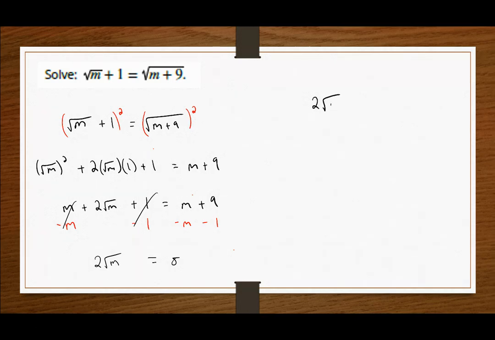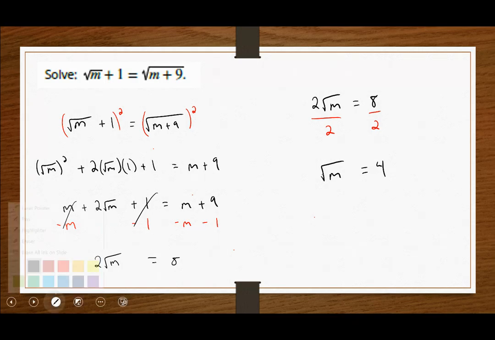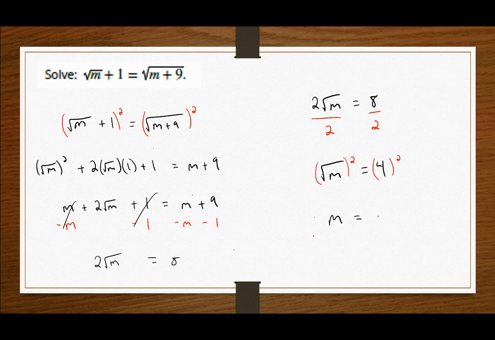When we get to this step, we're not quite finished isolating because we could, in fact, remove that coefficient here by division. So square root of m equals 4 finally allows us to then use the square property. So the square root of m squared reduces to just our variable. We get 4 squared is 16. So again, I've got to then ensure that this